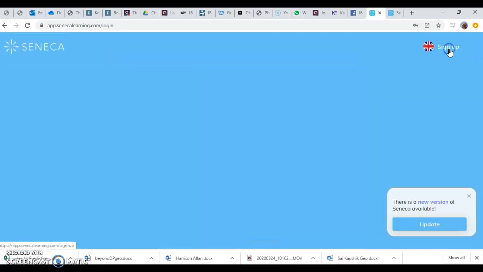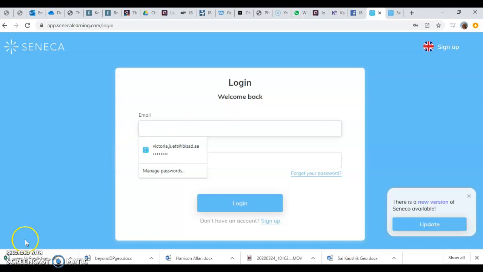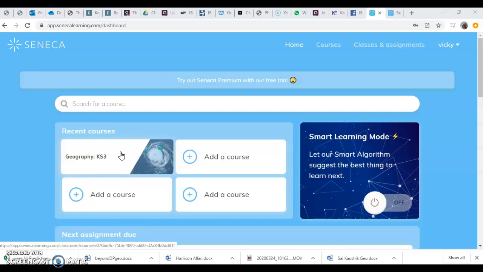I've already signed up, so I am just going to go in here. I've logged in as a student, and you can see that you should have this Geography Key Stage 3. If you use the code that I've set, it will tell you to join this course. So if you click on here,